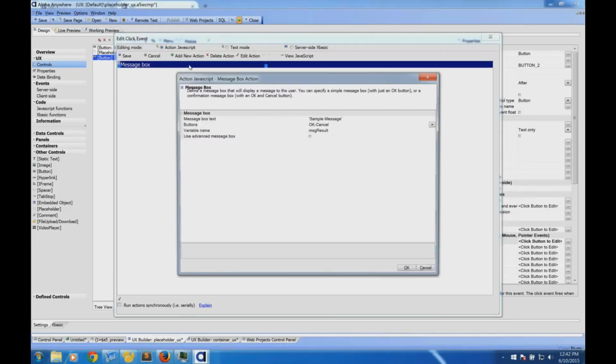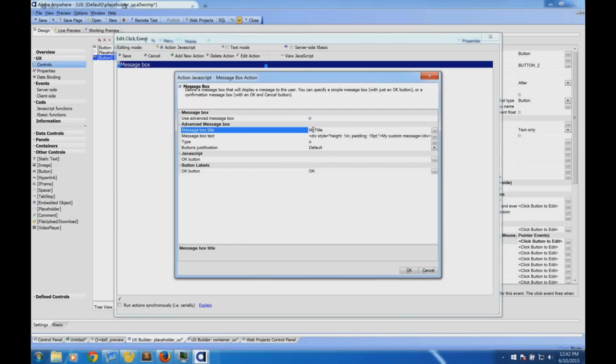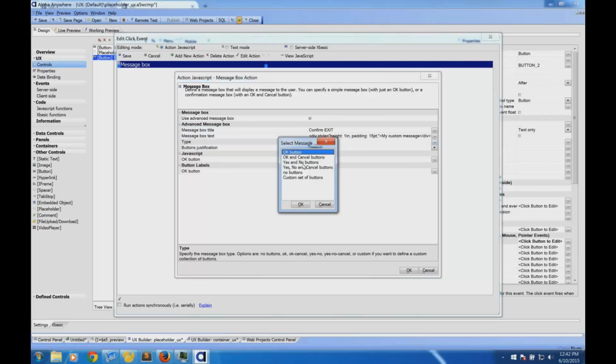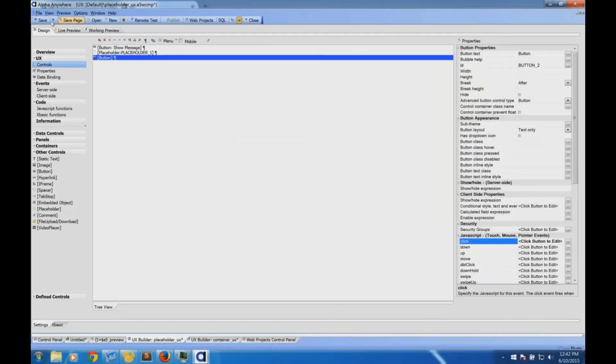So I go back into my message box here, and then I want to use an advanced message box. Okay. So when I did this, you'll notice that it's a lot different. So I'll say confirm exit. So I'm giving the message box title there. I'm asking what kind of type I want. In this case, I want it to be an OK cancel. So now what it does is it gives me hooks. Here are my two little pieces of JavaScript, OK and cancel. So if the person clicks OK, it's going to run this JavaScript here. So I'm going to put in a little piece of JavaScript called OK there. So I'm going to submit an alert there. And if they click cancel, I'm going to say alert cancel. Okay? And so then now when I go in here